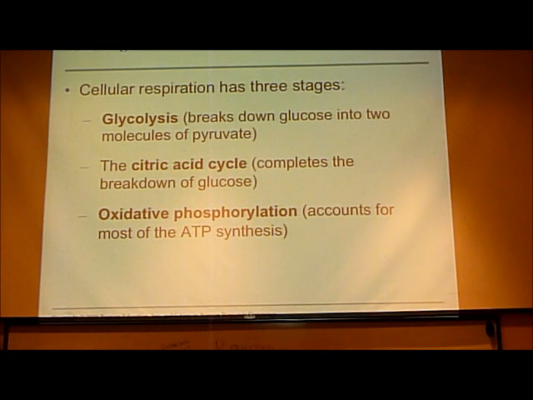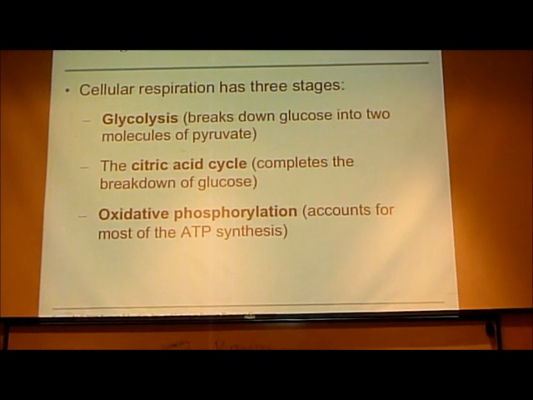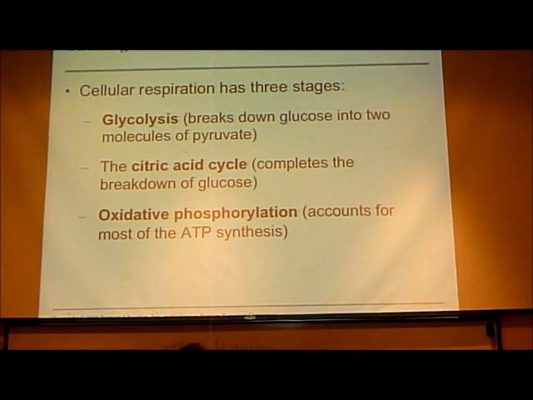All right, so let's move on to talking about these three stages. I've kind of danced around this long enough. We're going to start looking at glycolysis, the citric acid cycle, and oxidative phosphorylation. As we talked about last time, glycolysis literally translates to the breakdown of sugar. In this process, we're going to look at glucose being split apart into 2 three-carbon molecules called pyruvate. Once we generate that pyruvate and any byproducts produced during its generation,